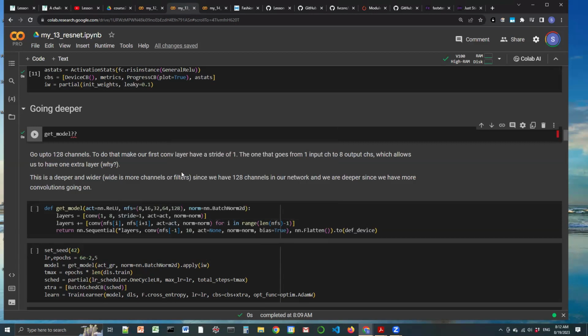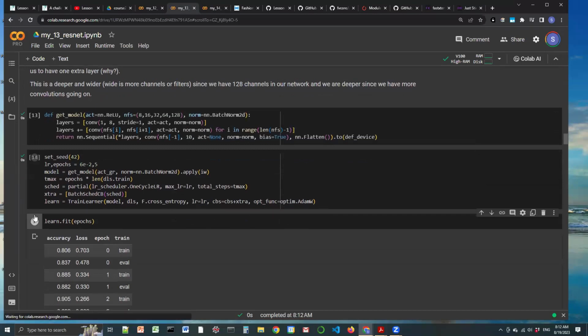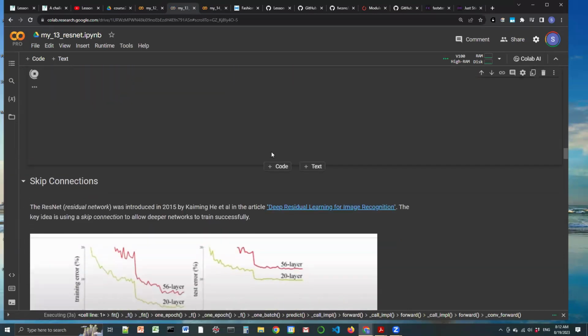Right, so that's one way that we can try to increase our score. And otherwise we set everything else to be the same and we train. So while that's training, let's try to understand the next step that we are trying to take, which